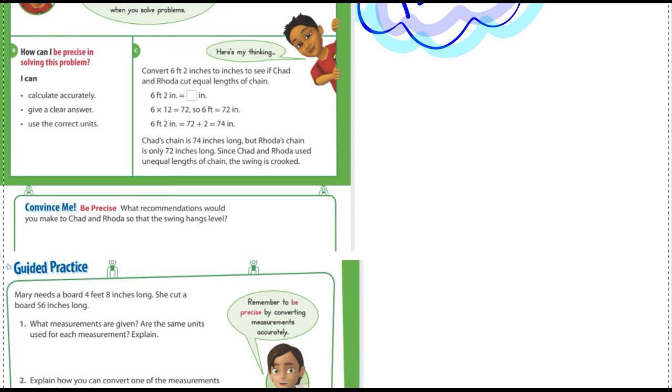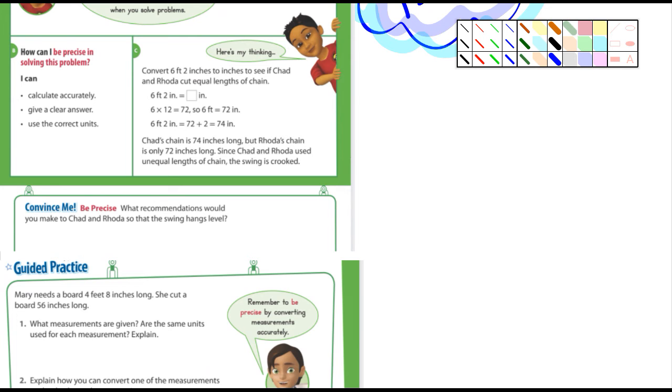It says, what recommendations would you make to Chad and Rhonda so that the swing hangs level? Well, it's kind of obvious. It's easier to cut chain than it is to add a length of chain. So I would suggest, actually I'd suggest I get a tape measure and do it right. I would suggest,